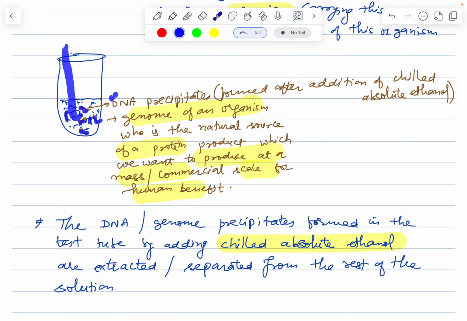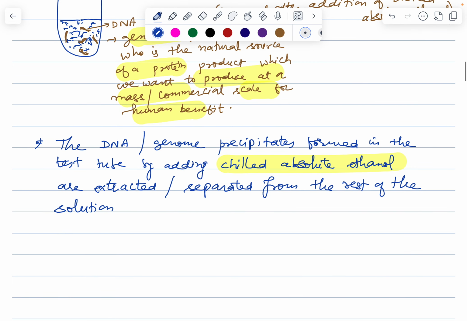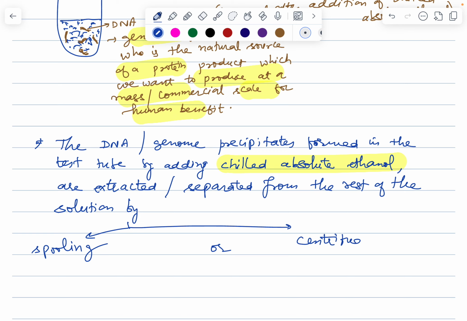So taking out the DNA precipitates with the help of a glass rod, this is a manual technique that is called spooling technique. The DNA or the genome precipitates formed in the test tube by adding chilled absolute ethanol are extracted or separated from the rest of the solution by either spooling or, of course, the other possible method is